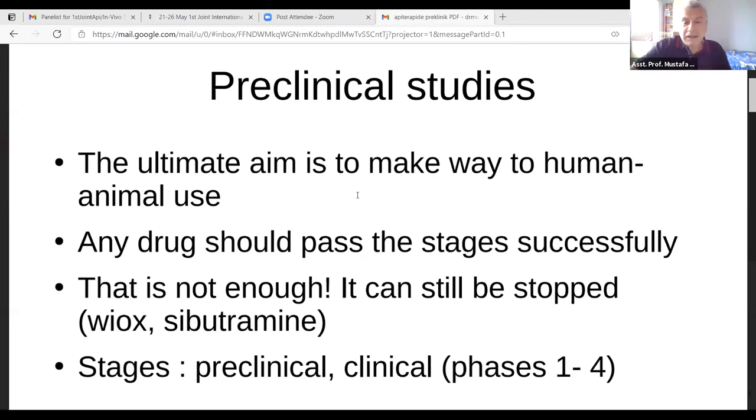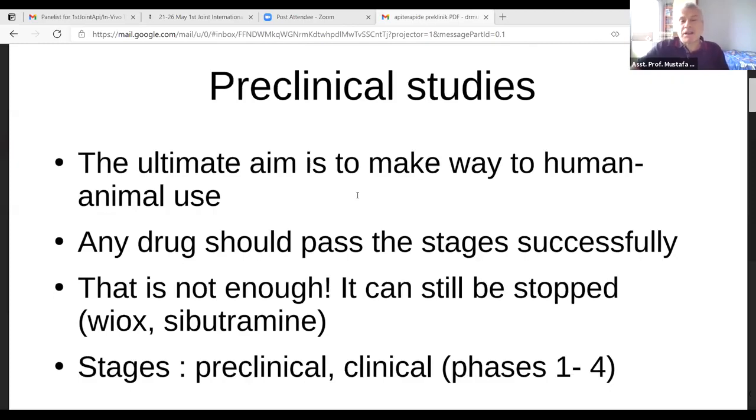All we need to know in clinics is: can I use drug A for a certain condition? Is it effective? Is it toxic? How much can I use? How long should I use it? These are the essential elements of what we know so far. But considering traditional medicines, we are somehow losing touch, or we have a few problems with these kinds of approaches. Let me outline why. Let's get into preclinical studies.